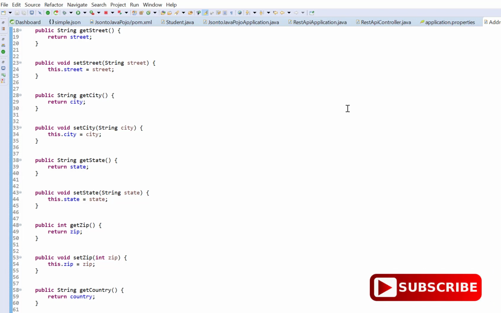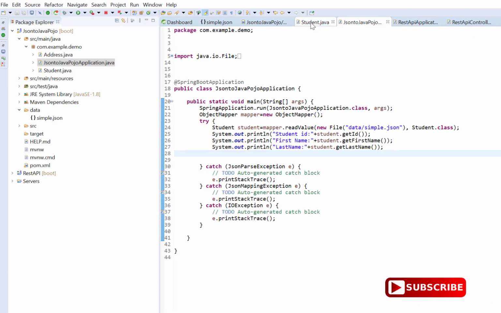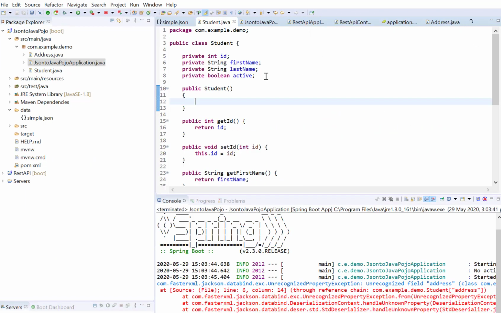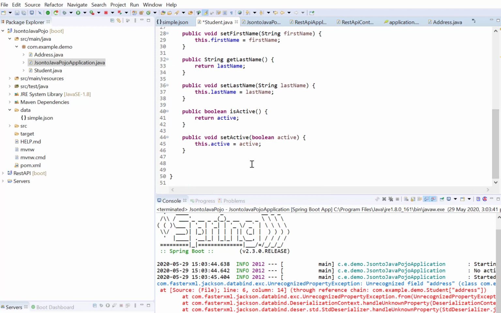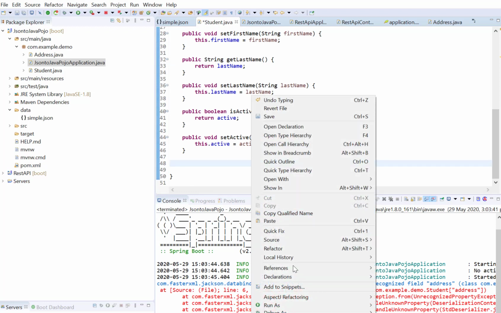Now save this file. After that, I need to go to the Student class. Inside the Student class, I need to create the address variable. Now for this address, I need to create the getter and setters in the Student class also.